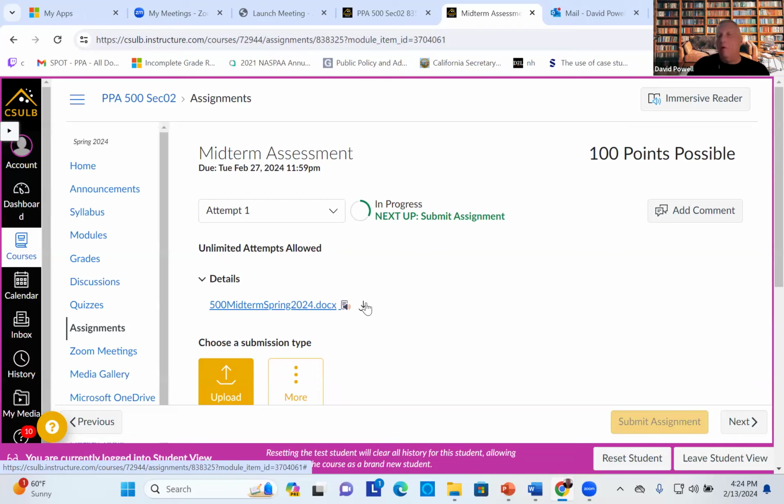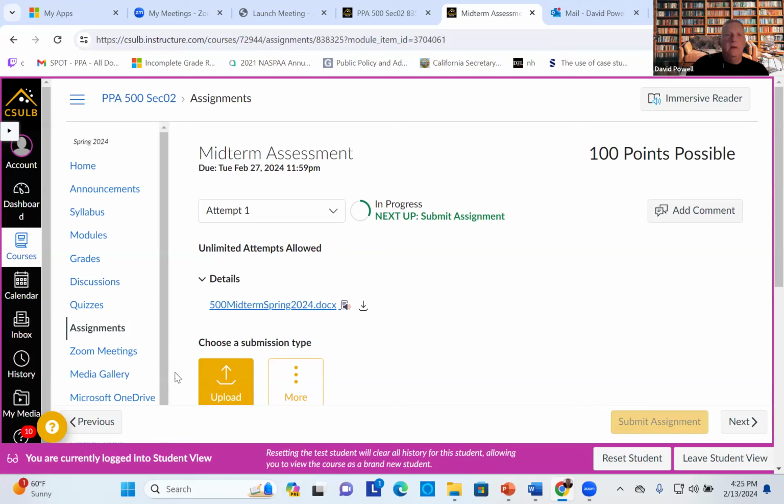I don't have any required naming convention. In some of your future courses, you're going to have instructors who do have naming conventions that they expect. I don't. You can call it whatever you would like to call it, but just save it and then just click the upload button, and you can then just attach it there, hit submit, and then you submitted your midterm